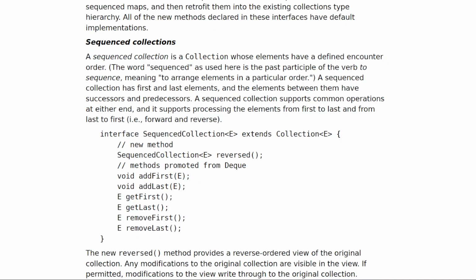The word sequenced as used here is the past participle of the verb to sequence, meaning to arrange elements in a particular order. A sequenced collection has first and last elements, and the elements between them have successors and predecessors. A sequenced collection supports common operations at either end, and it supports processing the elements from first to last and from last to first, i.e., forward and reverse. interface SequencedCollection<E> extends Collection<E> { // new method SequencedCollection<E> reversed(); // methods promoted from Deque